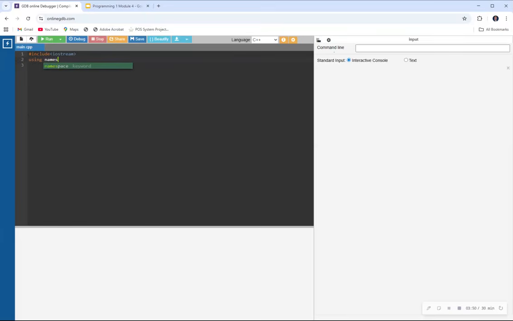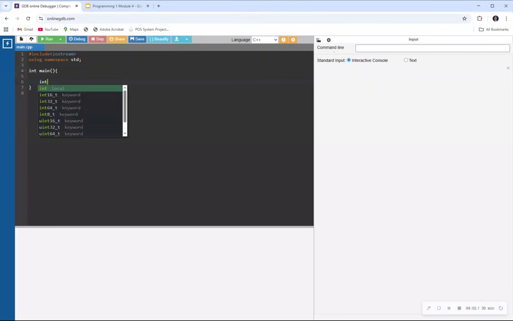Using namespace std. Then in main, here we will declare our counter variable: int i is equals to 1. Then our do block,